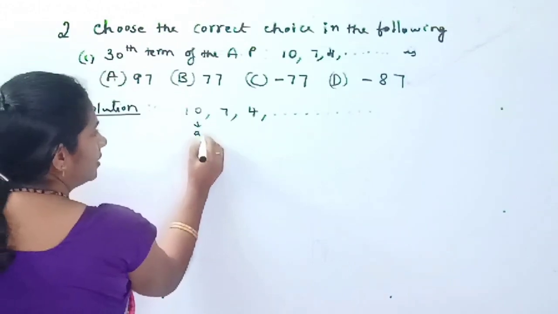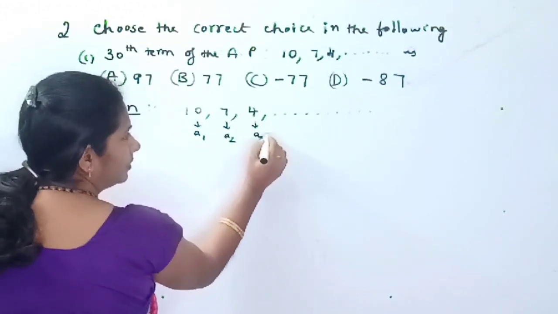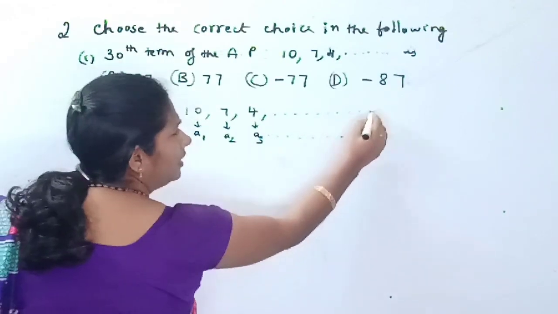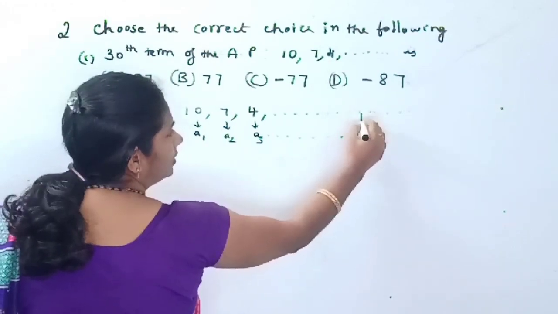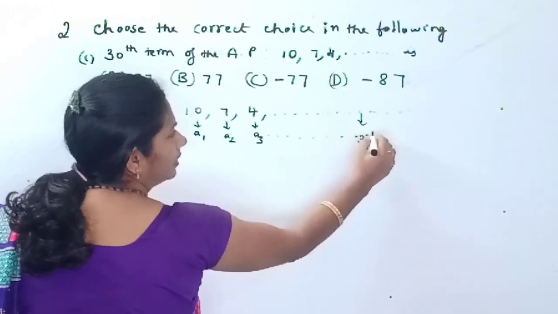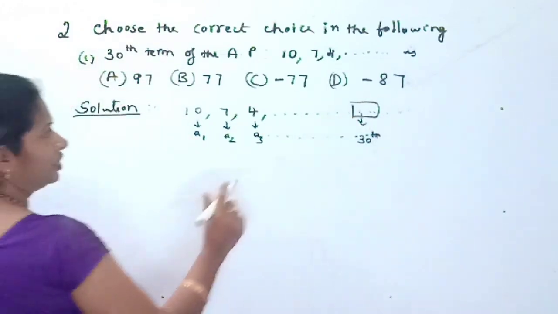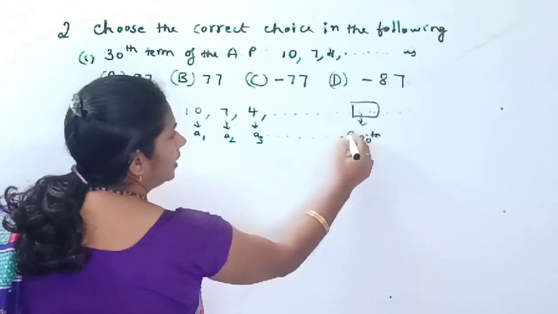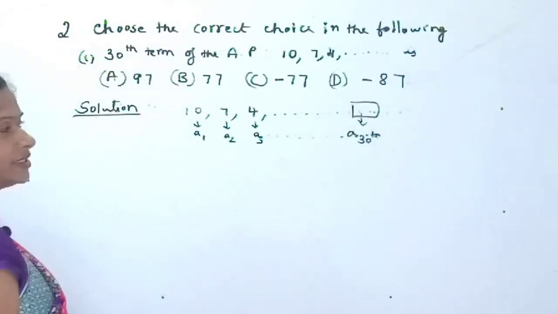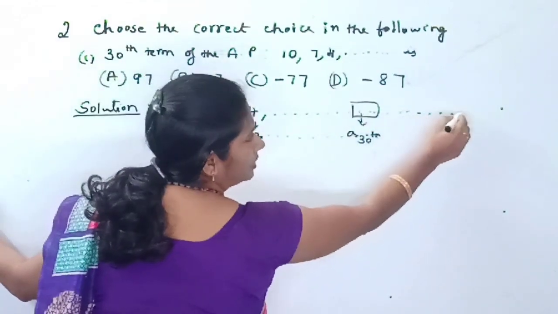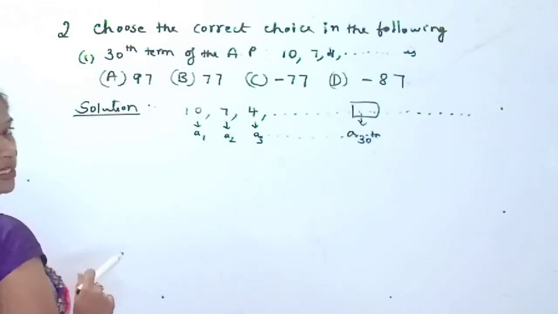This is our first term, isn't it? This is the second term, A2, and this is the third term, A3, and so on. Somewhere here in the middle you may get the 30th term. Is it clear? This A30 you have to find out, children. Got it? And this list of numbers is continuous like this. So you have to find out now its 30th term is how much.